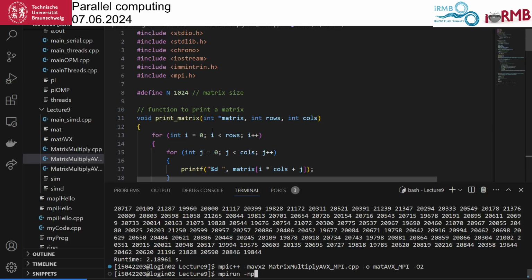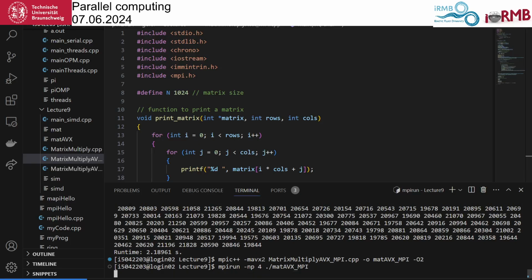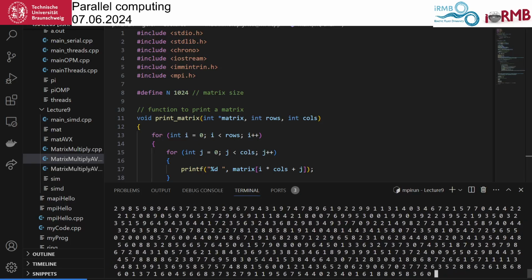So if we do something like 4 or 8 or 16, that should work. And then we run the AVX MPI program. Let us see what's happening. Something runs.